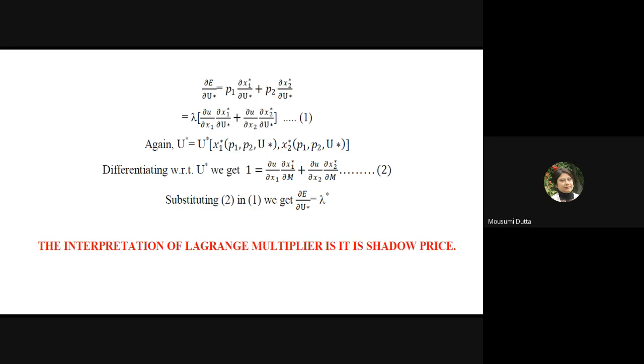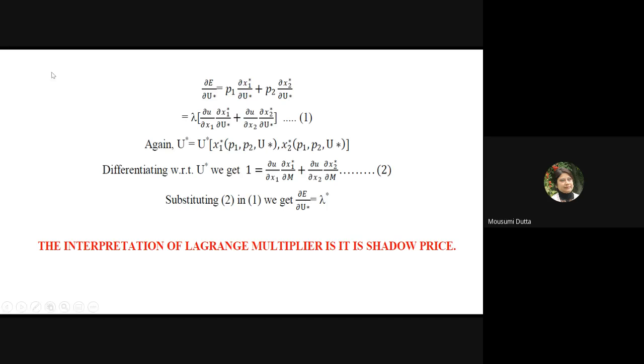So in the left hand side, I'll get 1, del U star by del U star. So I'm getting 1. In the right hand side, I'm using the chain rule. There is a typo. Here we will not have M, rather we will have U star. So, del U by del X1 into del X1 star by del U star plus del U by del X2,